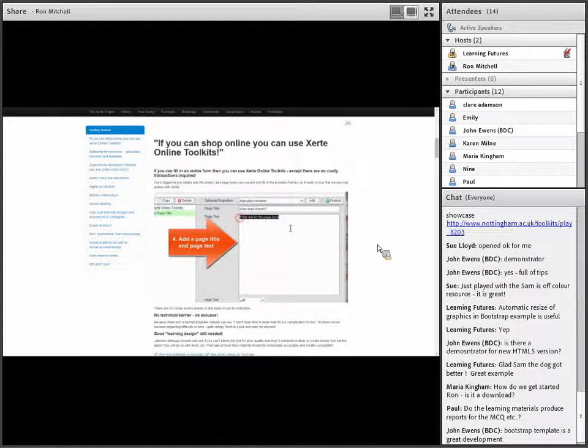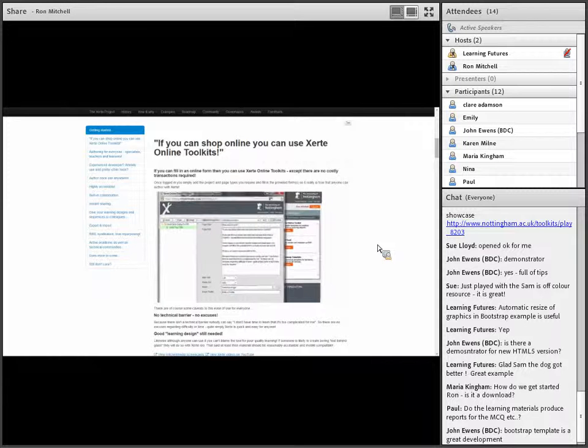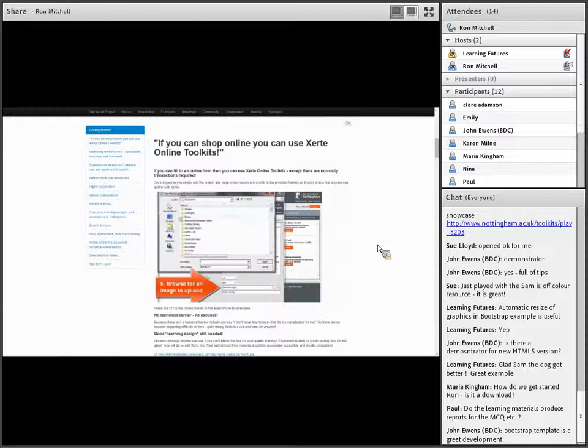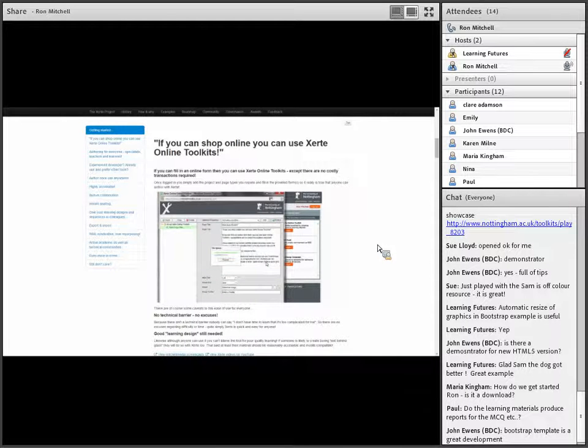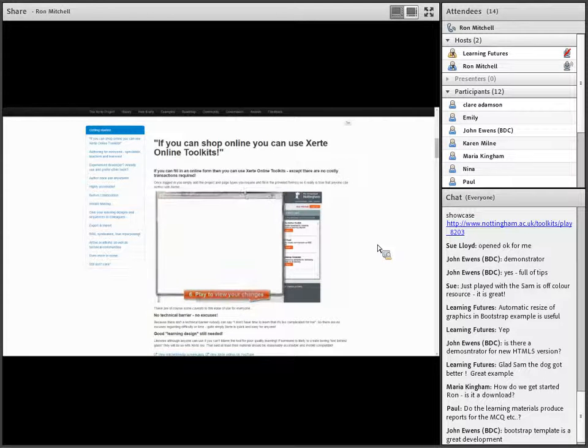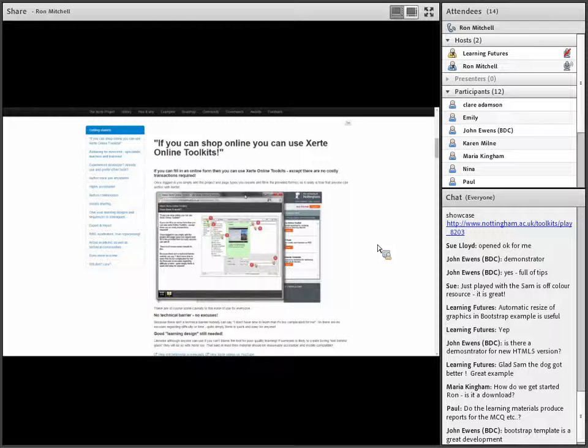And I'm going to copy and paste some text to make that quick. And then you can browse for an image. Now in the new version you'll be able to do this via a WYSIWYG editor, but in this version we had a form where you browse for the image and you click open and it uploads, click OK, and then you scroll down and click the play button and there's that page that you just created. It's as simple and quick as that.